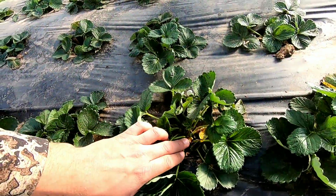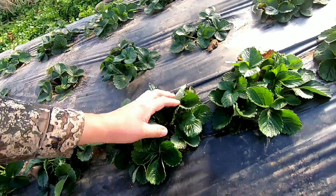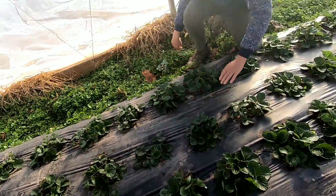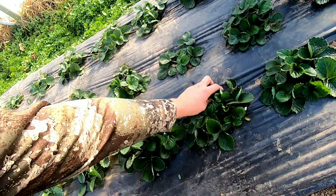So that was the main crown when we planted. And look at all the other branch crowns in there. So you can see a really good crop of strawberries out of here. And we are also pulling off any of the diseased leaves or any dead leaves like that, just to ensure